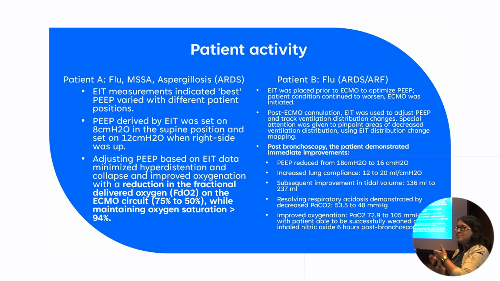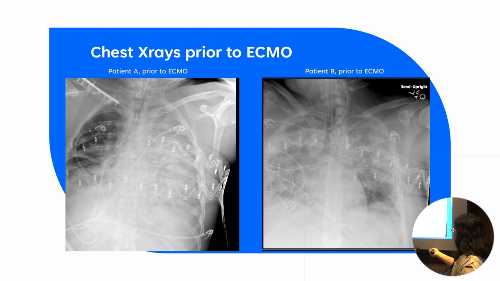Now for the left side, as you saw on that last chest x-ray, this left side was so bad that whenever we would try to go left side up, the patient would desaturate into the mid-70s, get tachycardic, and not recover well. So we did micro turns and left that PEEP at 8 in that position. By adjusting the PEEP in this way, we minimized hyperdistension and collapse and improved oxygenation, and that was reflected in us being able to reduce our FDO2 on the circuit from 75 to 50